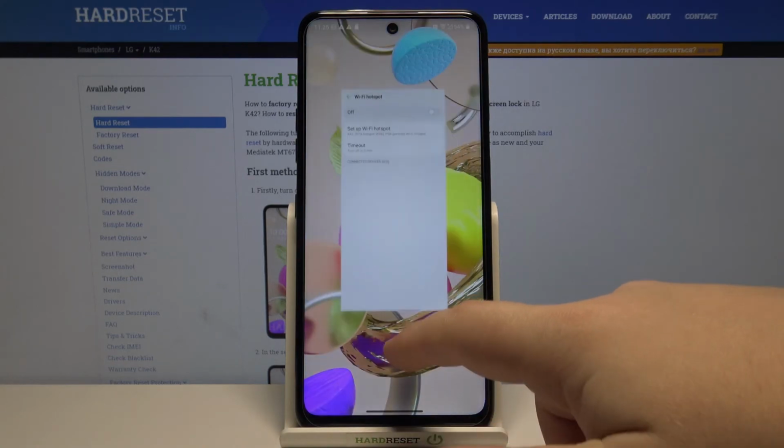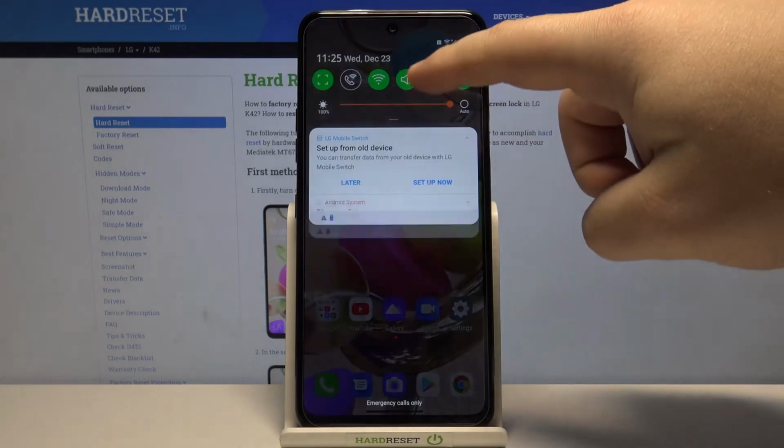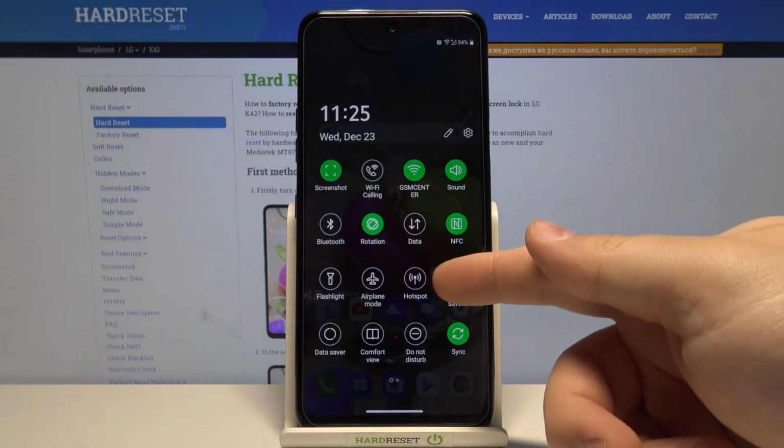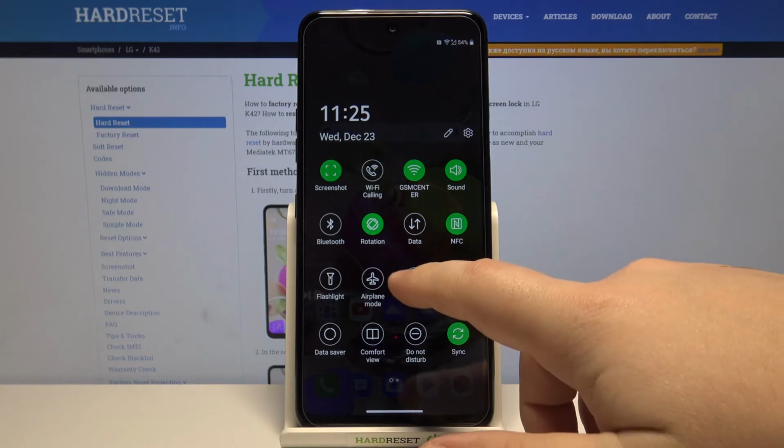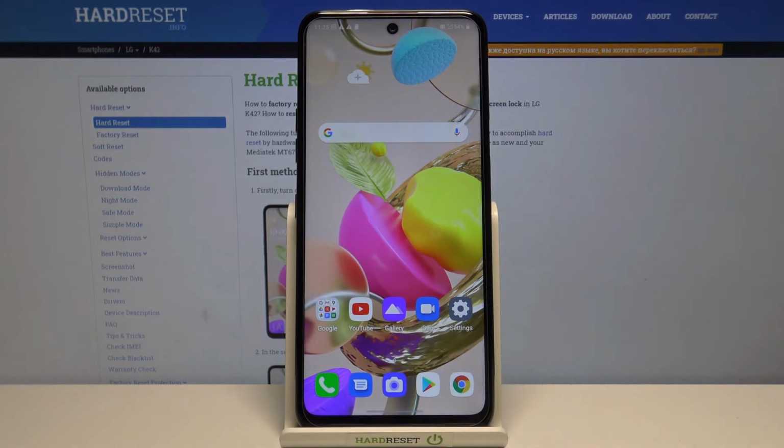You can also turn on hotspot by opening the quick panel. Swipe down from the top of the screen twice, like this. And here we have hotspot icon. You can enable the hotspot by tapping on the icon, tapping turn on, and turn on again,